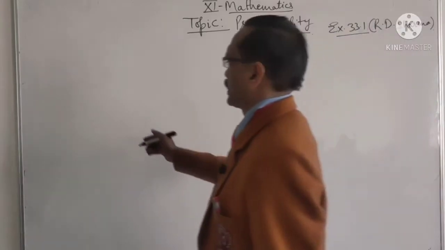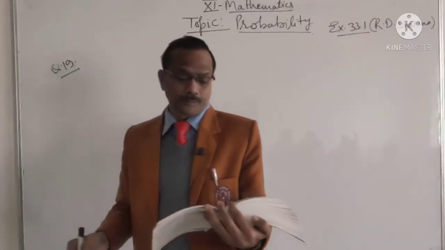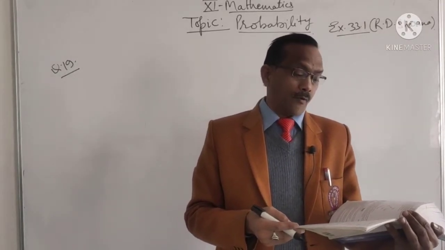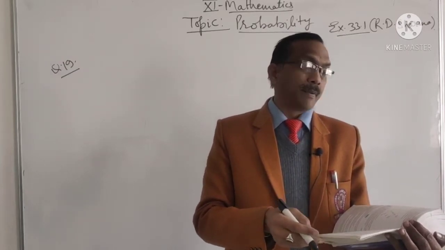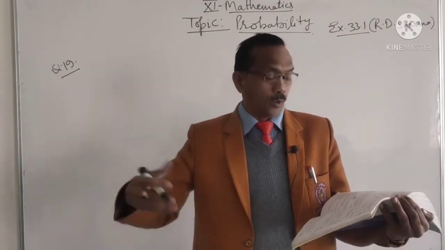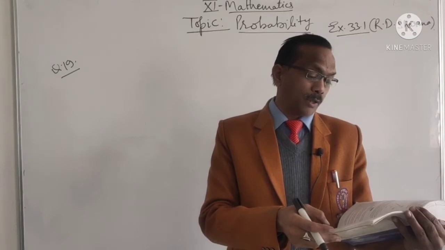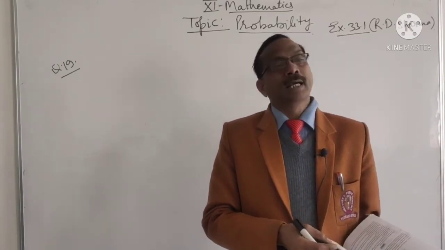Now, next is question number 90. There are 3 colored dice of red, white and black. 3 dice are placed in a bag. 1 die is drawn at random from the bag and rolled. Its color and the number on the uppermost face is noted. Describe the sample space for this experiment.